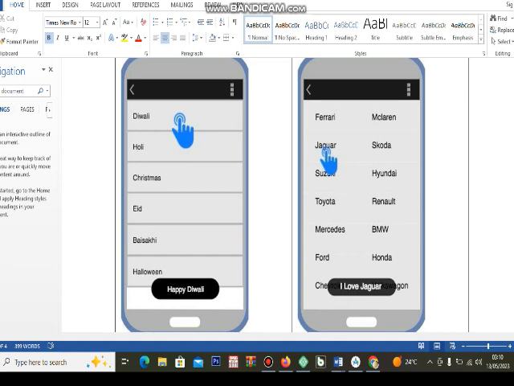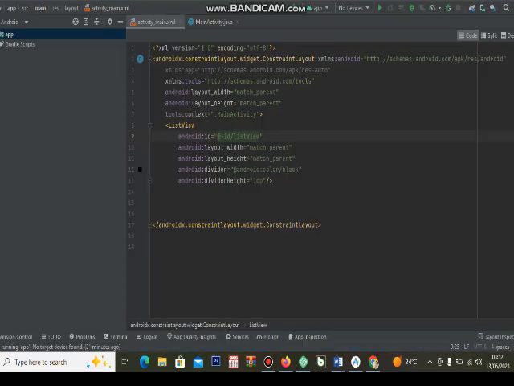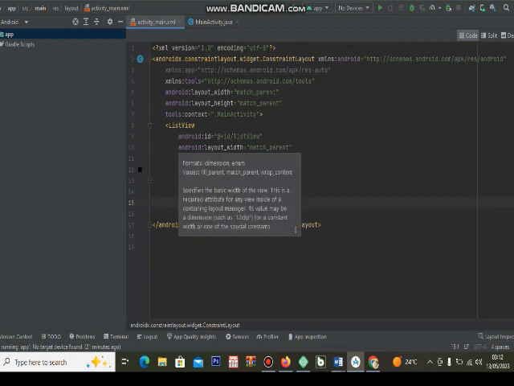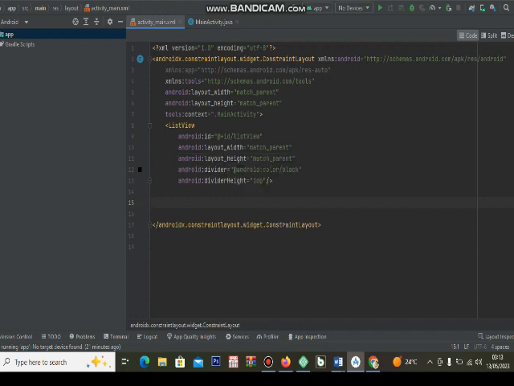go in the code to show how we can do this in coding, and this is how we are going to do it. Now, in this one here, we are adding our list view, whereby we opened the angle bracket and typed in the list view, and this we have to close it down here, as you can see. So I started by saying Android ID at